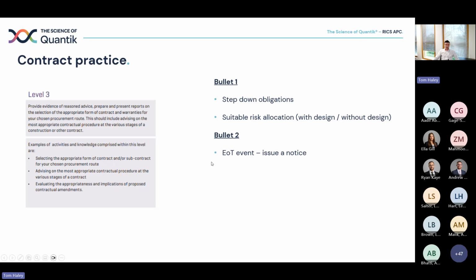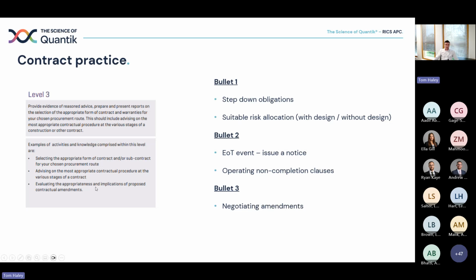Bullet 2, advising on appropriate notices that need to be issued and when they need to be issued. Probably the most effective one for me is operating non-completion clauses. So if a subcontractor hasn't completed, making sure that you give the required notices so that you preserve your right to deduct damages. That's quite a good one, because there's a financial implication on the back of not doing it, and you must do it under most forms of contract to preserve the right to deduct damages. Bullet 3,